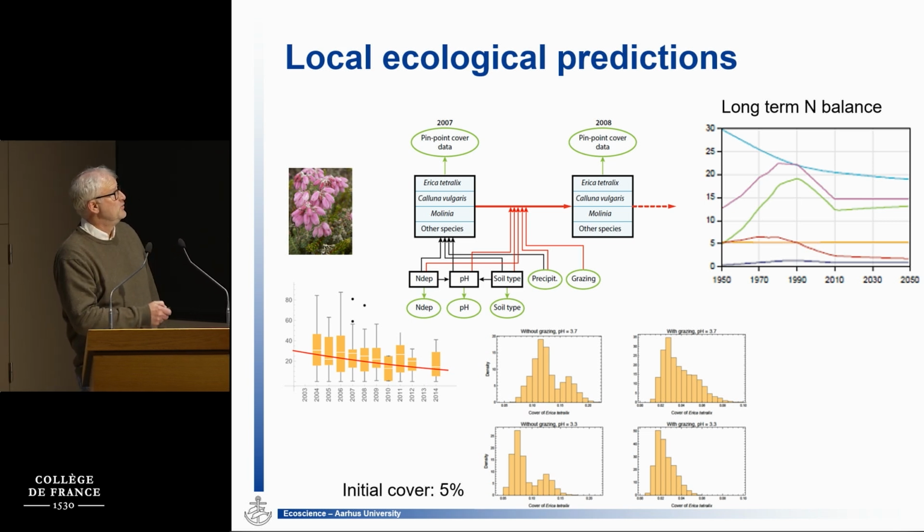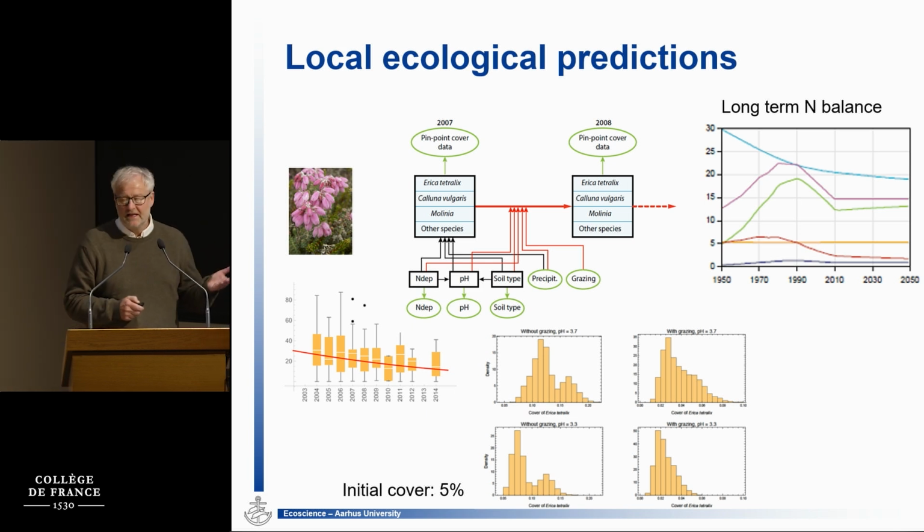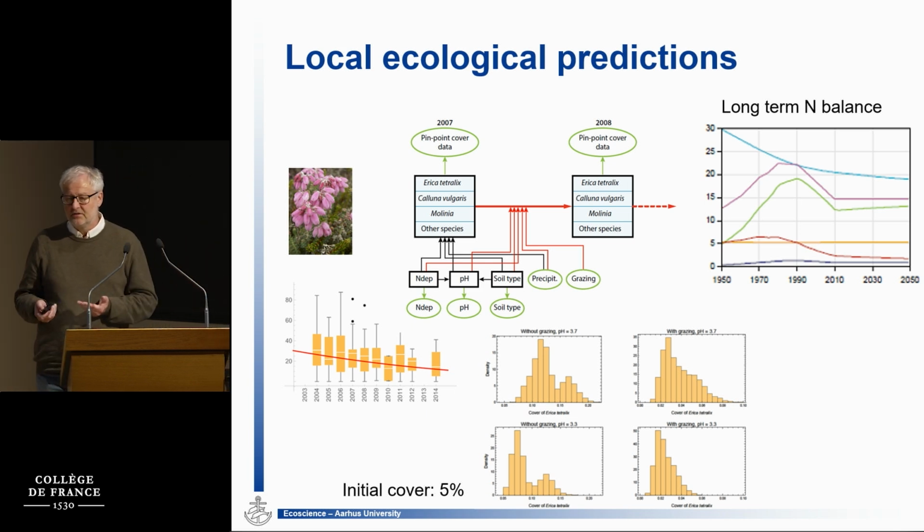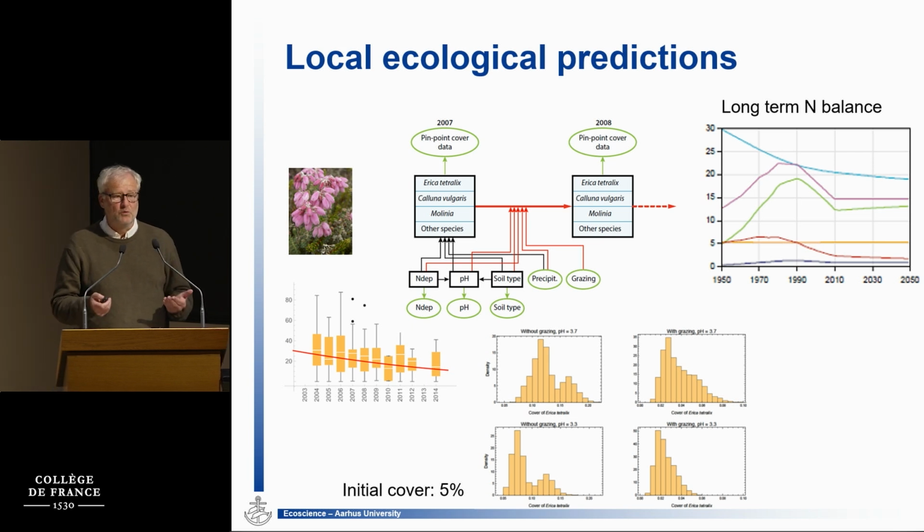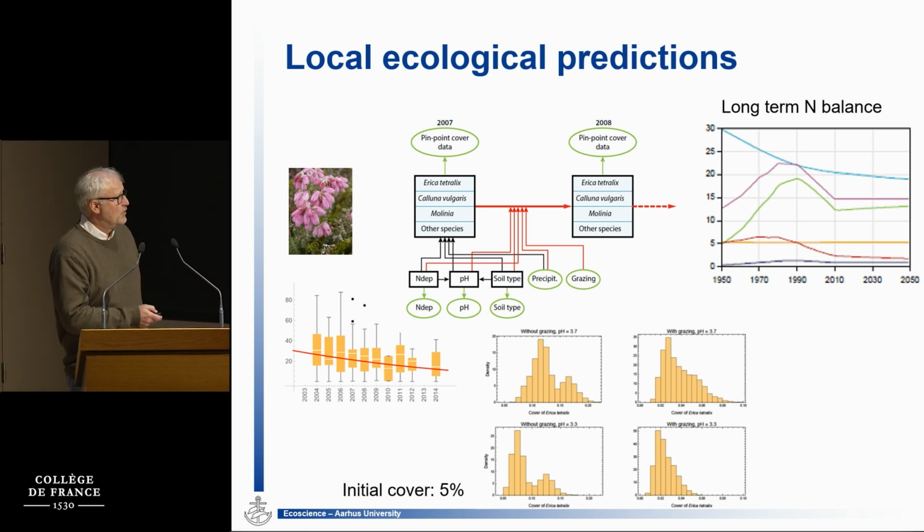So for instance, if we use that model that I briefly explained before, and we know that this Ecoscience could be used as a possible indicator of the management. So a management goal could be that the cover of this plant should be increased. We know it's decreasing, which is of concern. And then we could make simulations of if there was an initial cover of 5% at this local site, what